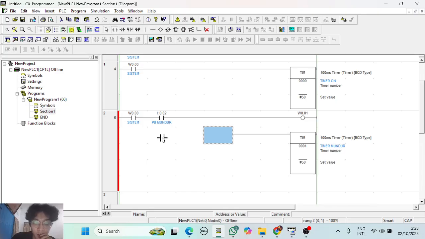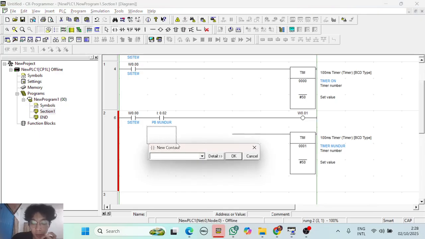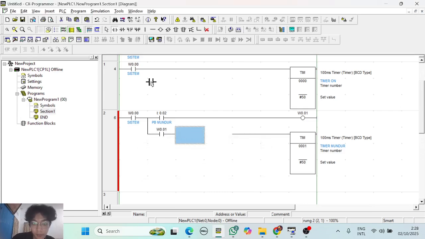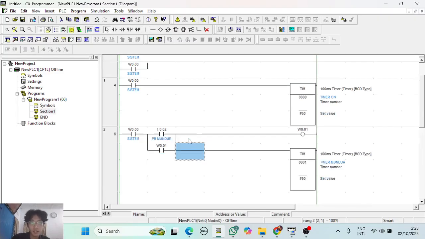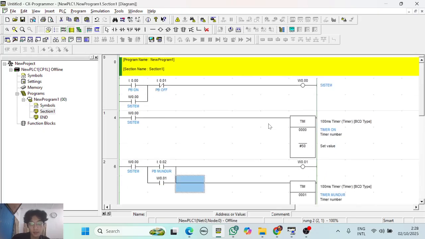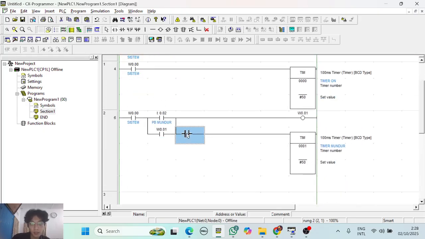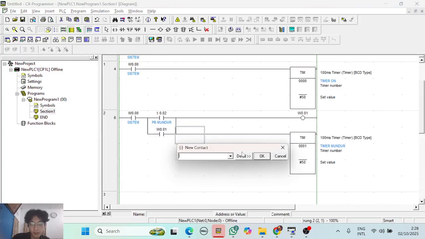Okay, we can add a new contact with address of output 2. Okay, we can connect the line. Yes. Okay, and we can add some address of timer on.